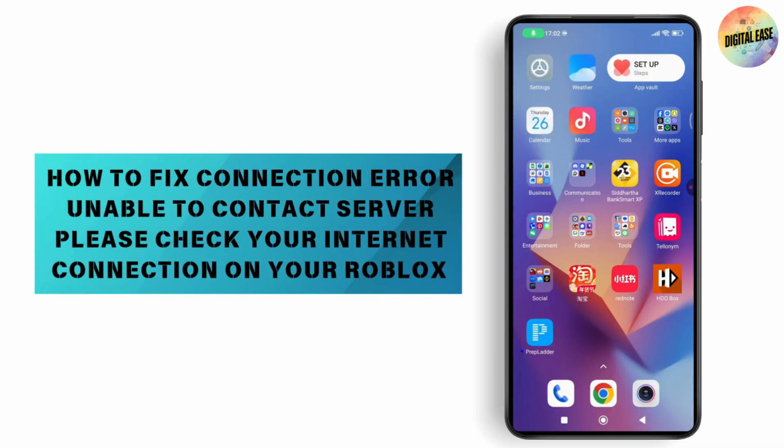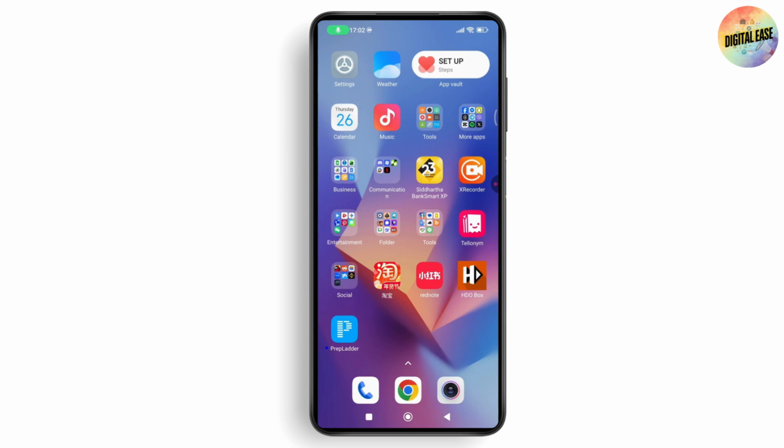How to fix connection error unable to contact server. Please check your internet connection on your Roblox. So if you want to fix connection error unable to contact server, please check your internet connection on your Roblox. Then what you need to do is first, you just need to simply make sure that you have a stable